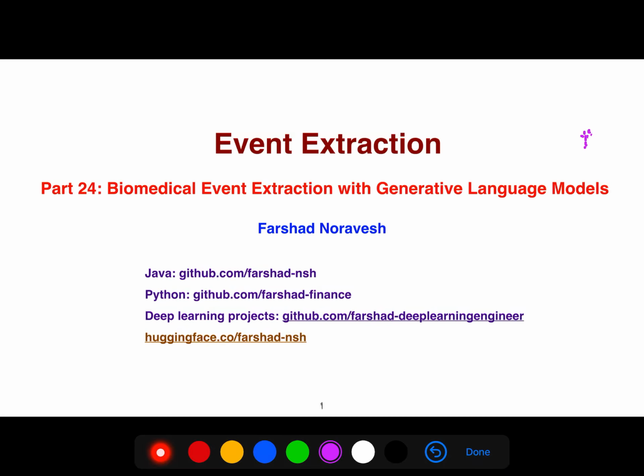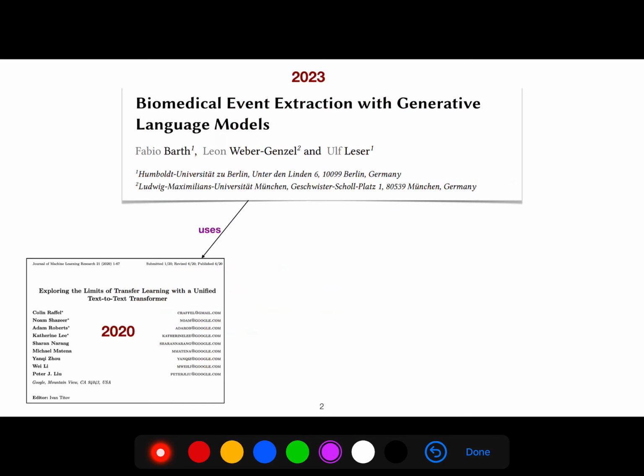Alright, so in this video I'm going to be talking about another approach for biomedical event extraction. Again, we are using generative language models. So I'm going to be talking about this paper in 2023, which uses this idea in 2020,